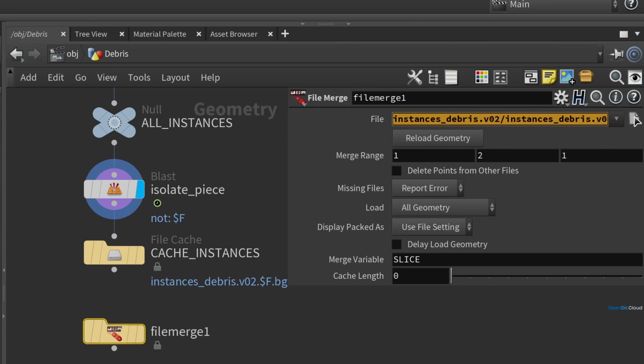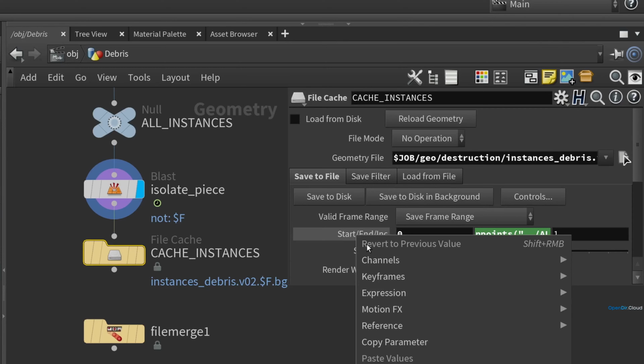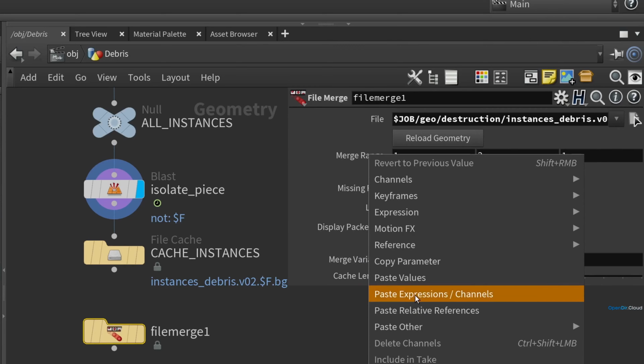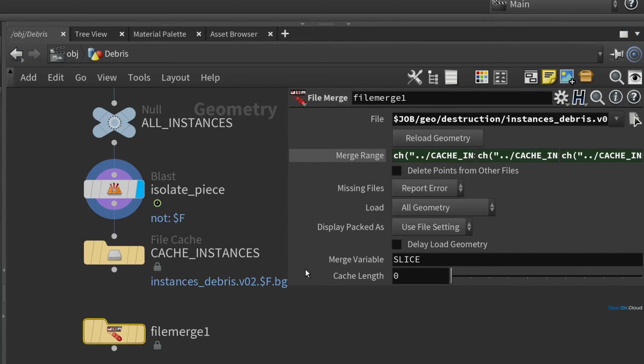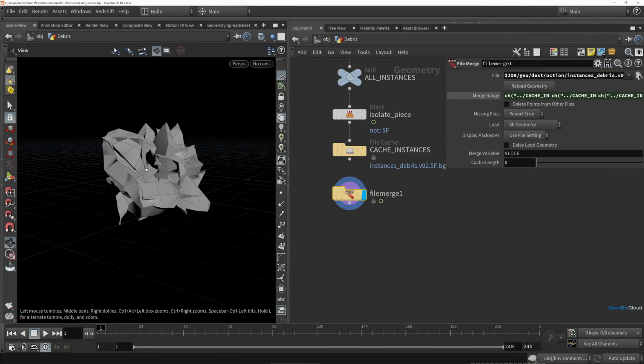So instead of $F, we're going to change that to $slice to use that merge variable. And the range, we can just copy a reference to this file cache here. So I'll right click that range there, copy that parameter, and on the file merge, let's paste in a relative reference. So if you display that file merge, this is bringing in all of those debris pieces that we've cached out,